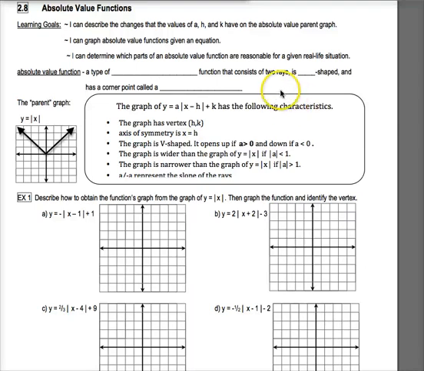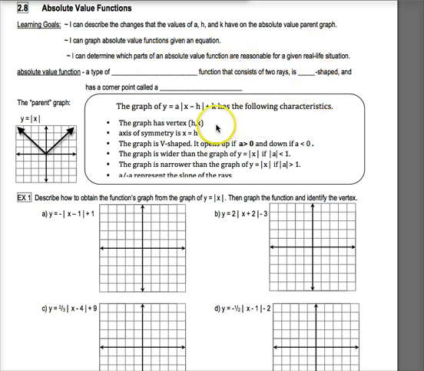Okay, so we're going to be talking about absolute value functions today, at least the first part of them. We have three different learning goals. The first is that we can describe the changes that the values of A, H, and K have on the absolute value parent graph. We also need to be able to graph absolute value functions when we're given an equation. And then we need to be able to determine which parts of an absolute value function are reasonable for a